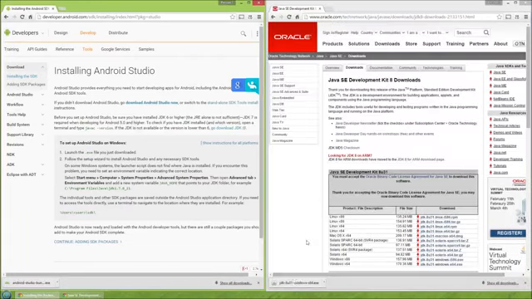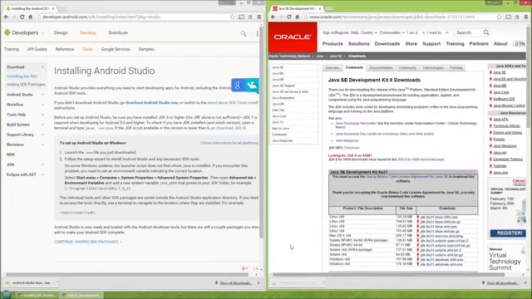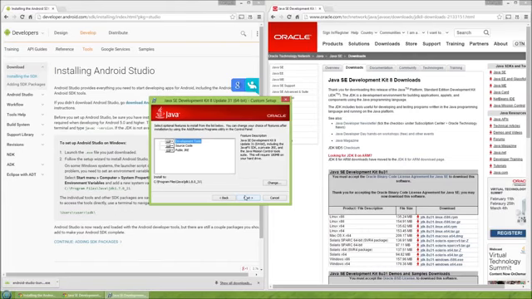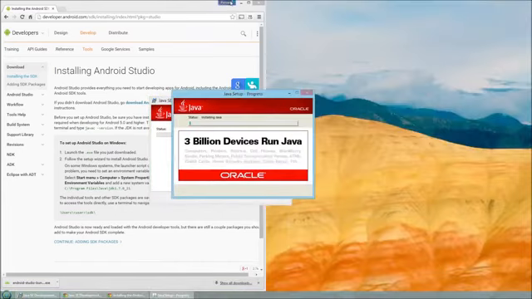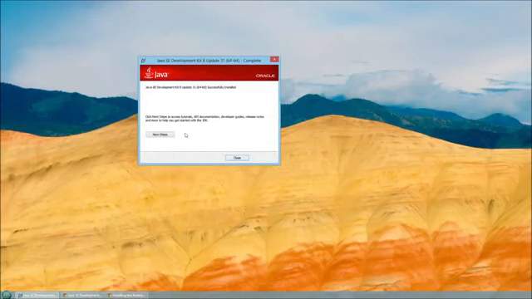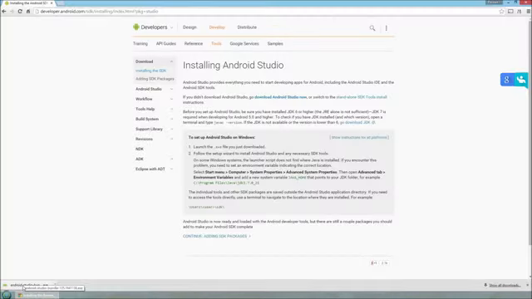And once they're both downloaded, click and install the Java Development Kit. So go through the installation procedure for Java. It's important that you install the Java one first. And you can close out of this once you're complete. Next, after installing Java, you install the Android Studio